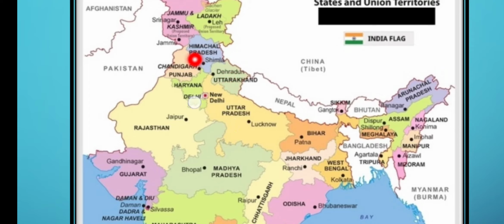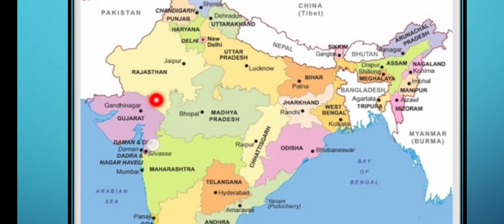Don't be confused which one is Uttarakhand, which one is Himachal Pradesh, which one is Punjab, which one is Haryana. You have to locate it properly. Punjab, Haryana, Rajasthan, the capital is Jaipur. Arunachal Pradesh, capital is Itanagar. Nagaland, Kohima. These are the northeast Indian states. They are also called the seven sisters, because here 7 important states are given.